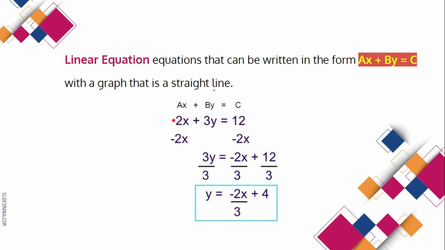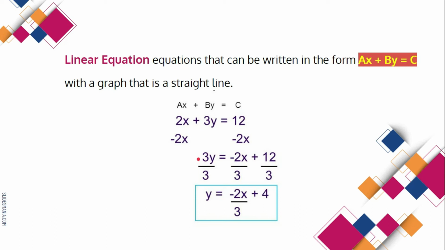Our purpose here is to isolate the y variable, so we would first isolate the term that contains this variable by using the inverse operation, subtracting 2x on both sides of the equation. We are able to cancel the term that contains x and isolate 3y. And then on the other side, we have negative 2x plus 12. We continue in the effort of isolating y,